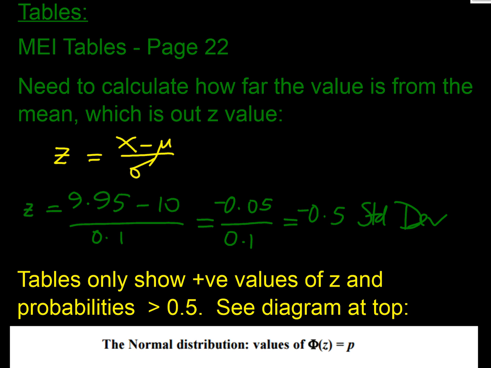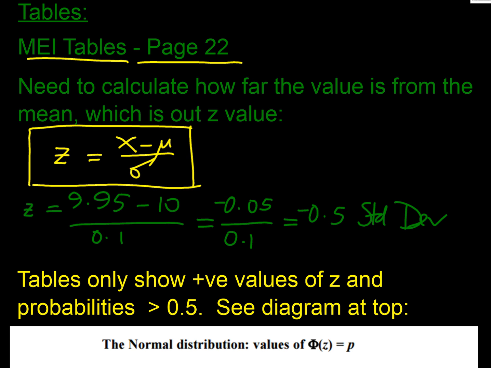This is a bit more difficult, and I'll show you the problem we have that makes it more complicated. MEI tables, page 22, gives us our values, and everything is tabulated on the basis of this Z value, so we need to know that. So the Z is the number of standard deviations from the mean, and we calculate that by getting our actual value,